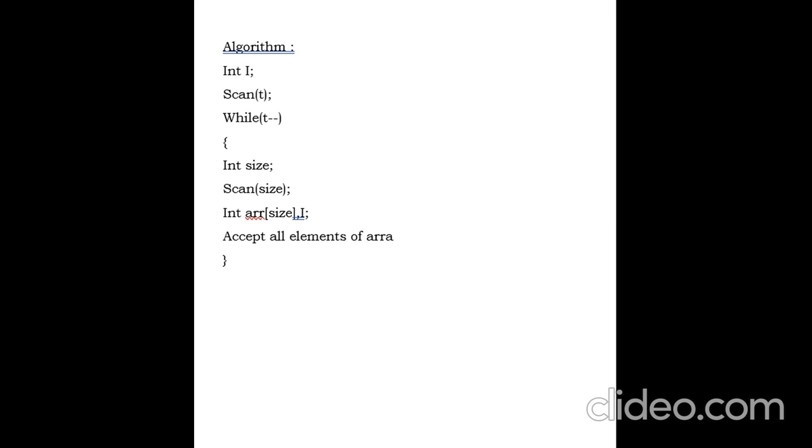Now there is an if condition which is the main catch of this question.